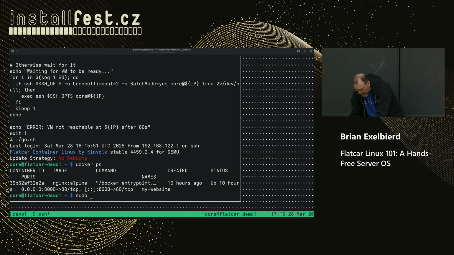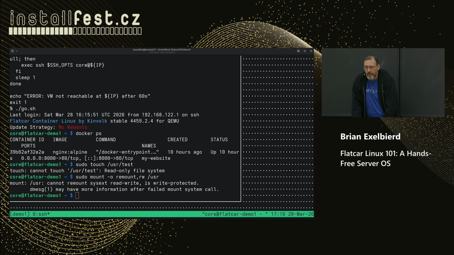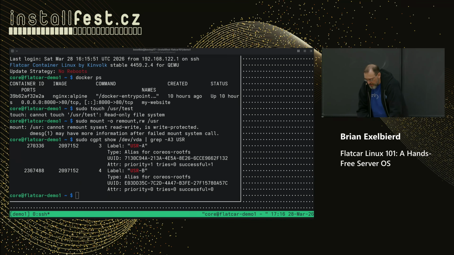The really important thing that I wanted to show you is this. Root cannot touch the file system. But root knows how to do that, right? We'll just remount it. Root cannot remount the file system. It is read-only. You are not going to get to play that game. I didn't say it out loud in the earlier slide, but the file system is not just immutable, it is actually dm-verity guaranteed to you, which I just showed you the wrong thing.